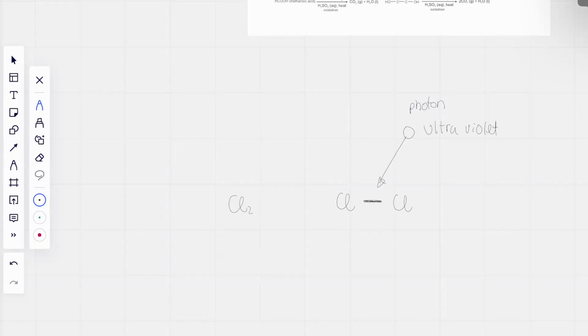Yeah. And if just nice, the photon passes through between the chlorine, they can break up the chlorine. Why UV? Because UV is the correct size that can break up chlorine